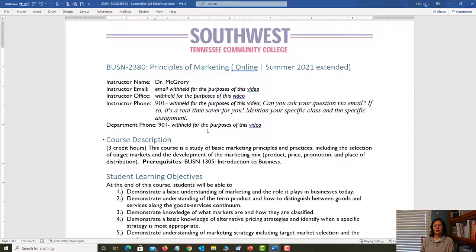I have some guidelines for you out in PAWS in regards to office hours, and a great thing that students have started to do that I love is to take a picture of that screen. That is a really great thing. If you know how to do a screenshot on your computer, that is very helpful. A snipping tool, any of those. But if you want to pull out your cell phone camera, take a picture of it, and then email me that picture, that's very helpful. All right, so that's just a little about the contact information.